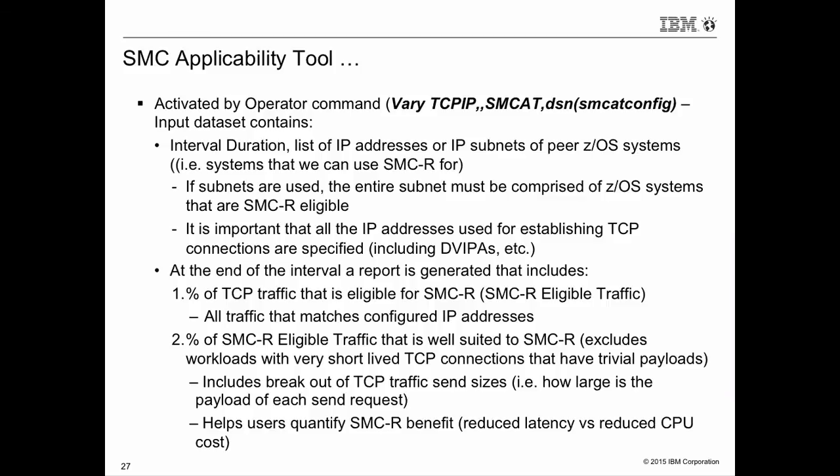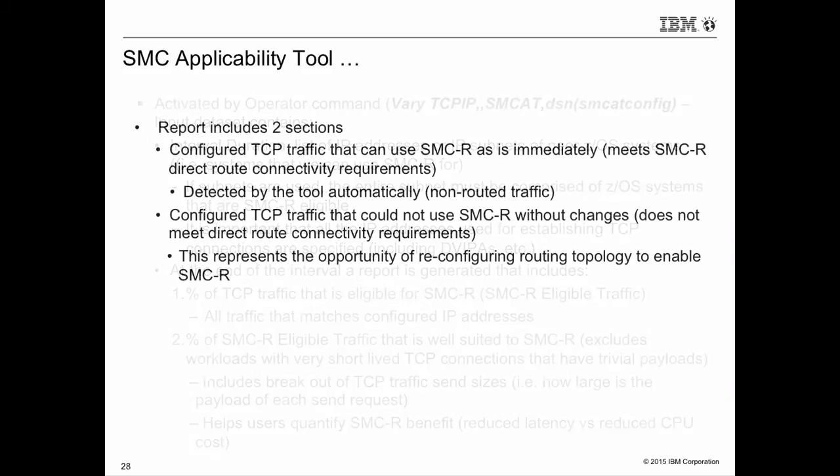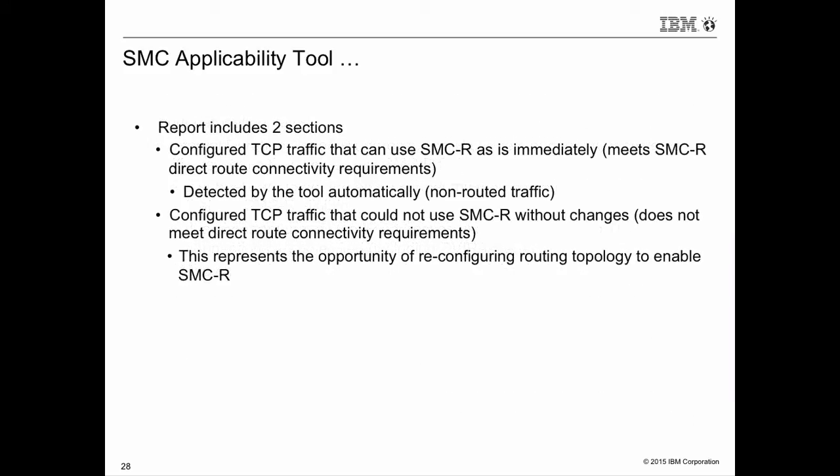So this is one scenario where we give you ways to opt out of SMC-R, and we'll talk about other enhancements we're making. But we want to be able to exclude that type of traffic from the report. So that will be provided to you. Now, if we move on to the next chart and talk a little bit about what the report looks like,